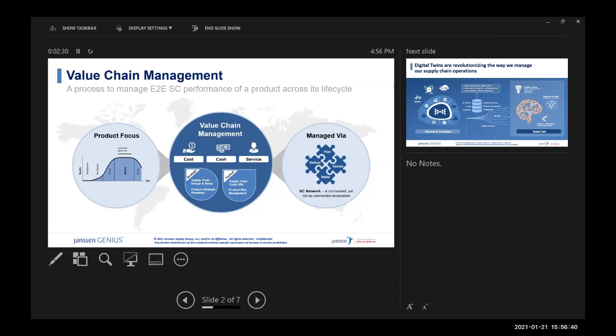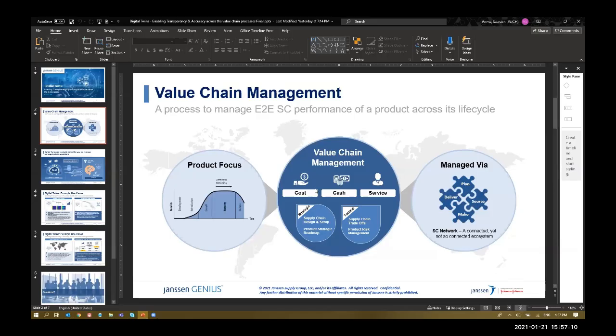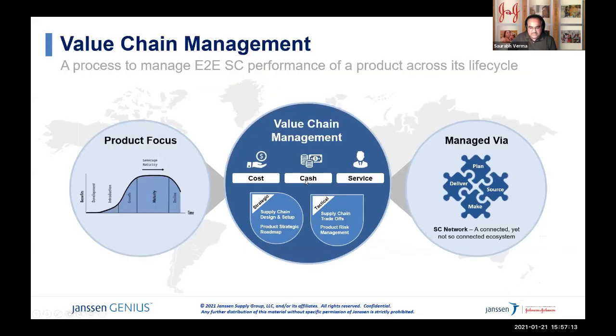Saurabh, forgive me for interrupting. I just wonder if it's possible for you to use full screen mode for that presentation. At the minute, we're still seeing a miniature version of the main slide plus the next slide. So if we could see the full screen version of the presentation, if that's possible. Yes, I need to stop share and then share a different screen. I think I shared the wrong screen. It's okay, let me do that. Thanks for interrupting. No problem. I hope you can still see my screen. And there you go, that's better. That's brilliant. Thank you. Carry on.